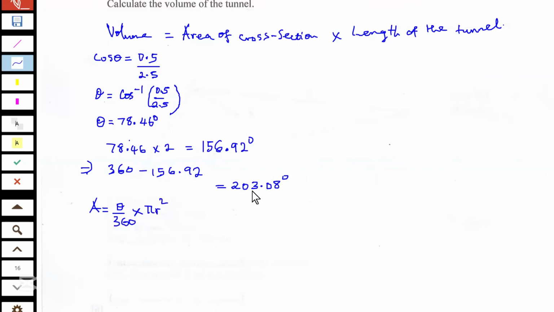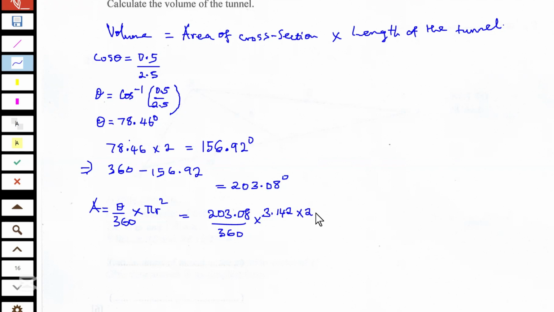The theta will be the angle of the major sector, and that will be equal to 203.08 over 360 times pi 3.142 times the radius, which is 2.5 meters